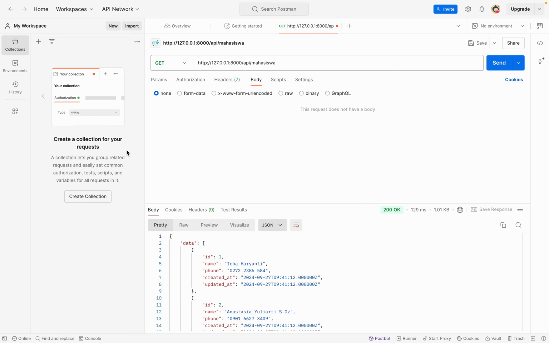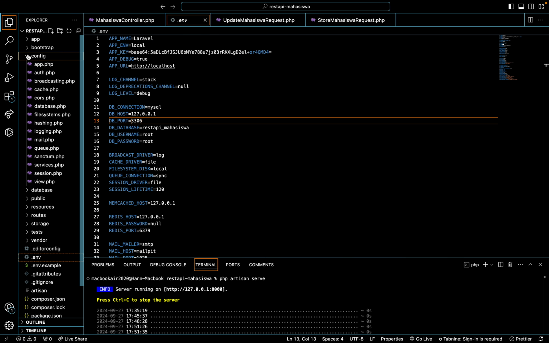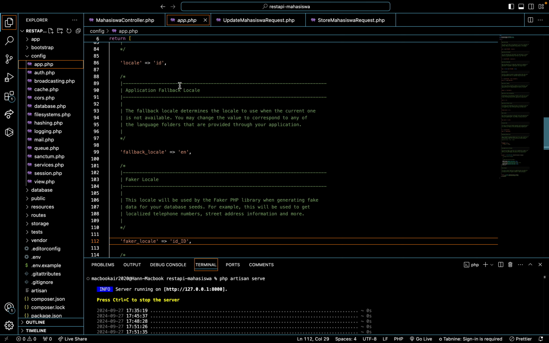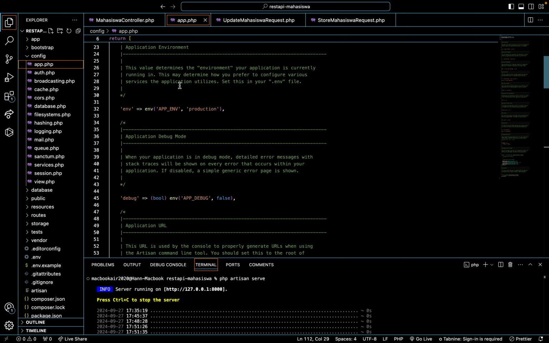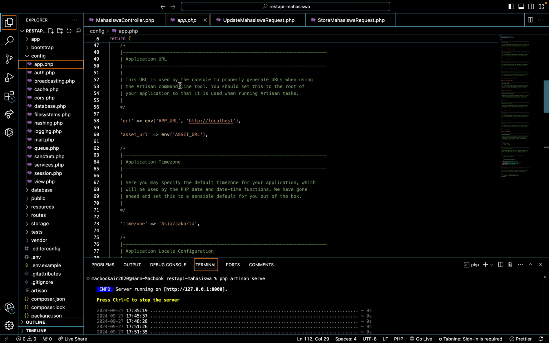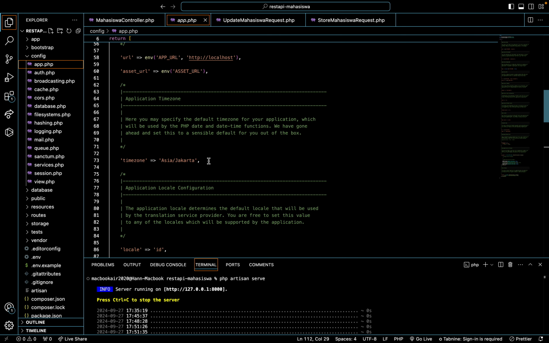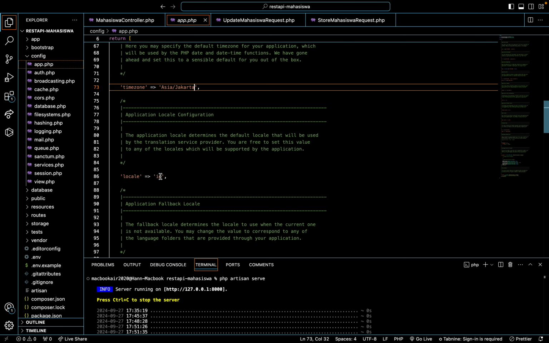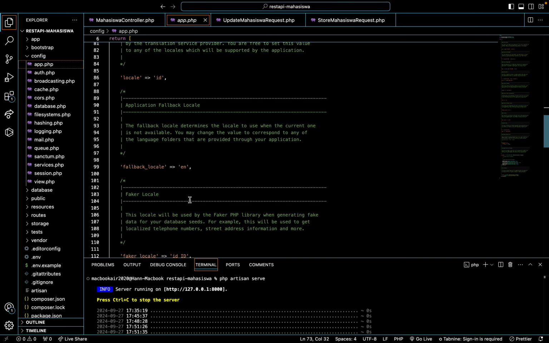And then we will see in the config, and in the app we need to change this. From UTC I change to Asia/Jakarta, and from en I change to id, and then the fallback locale is also id.